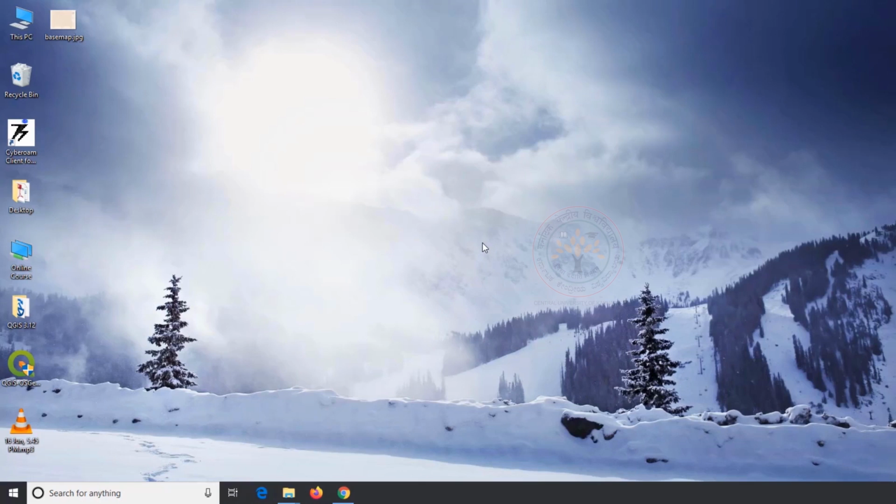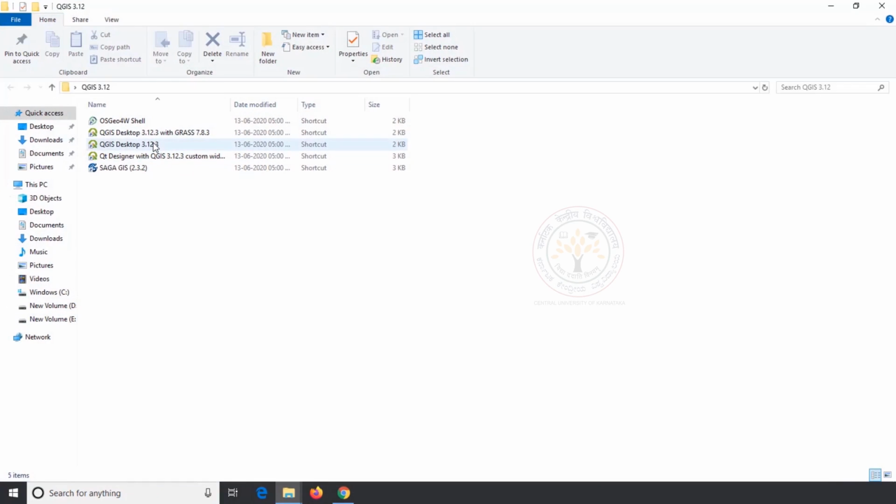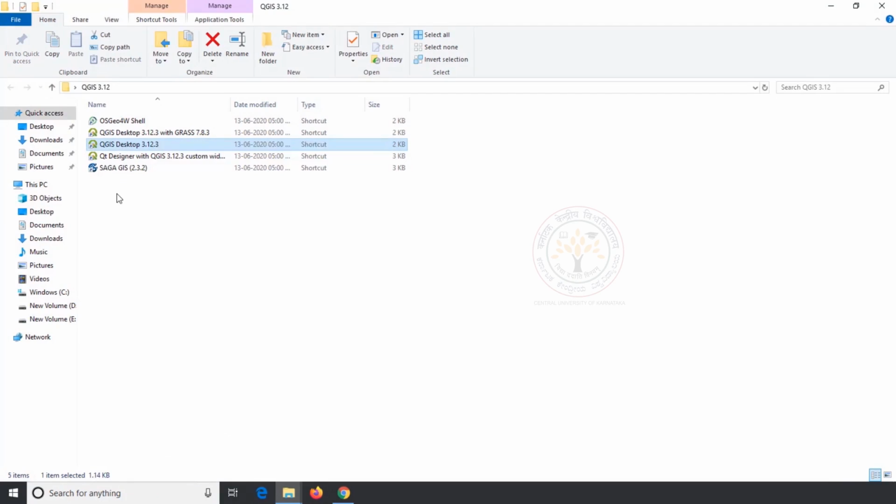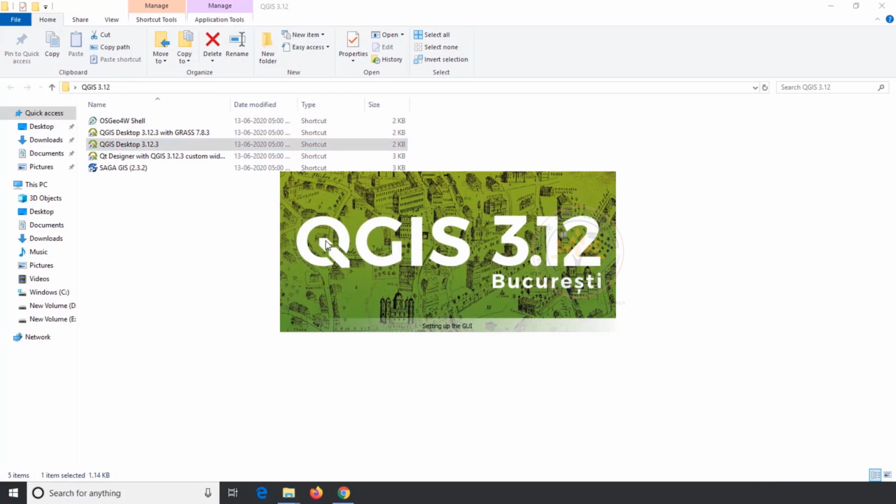In this video, we are going to learn how to open the downloaded data in QGIS and how to visualize it. To perform this activity, I first open the QGIS desktop shortcut, which was created at the time of installation on my desktop, or I can open it from Start Program of my computer. I double click on the shortcut to open it. As I said earlier, it may take a few seconds or minutes to open, so we will wait till it gets open.